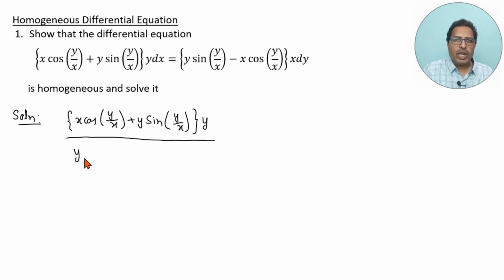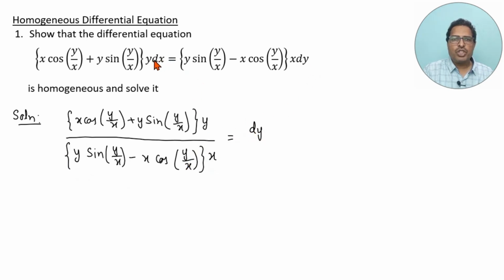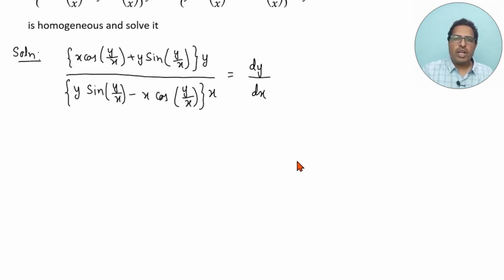You get (y sin(y/x) - x cos(y/x)) times x equals dy, and the dx, you cross multiply, it becomes divided by dx. Therefore, I can rewrite this as dy/dx equals